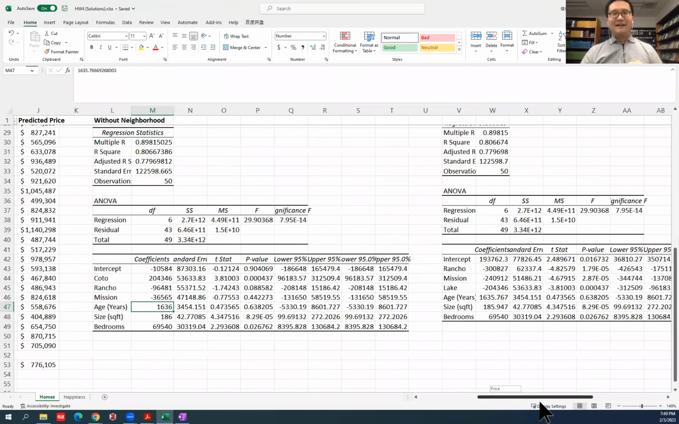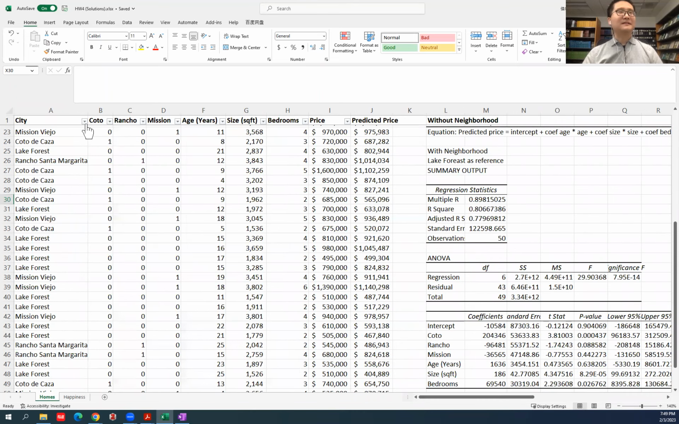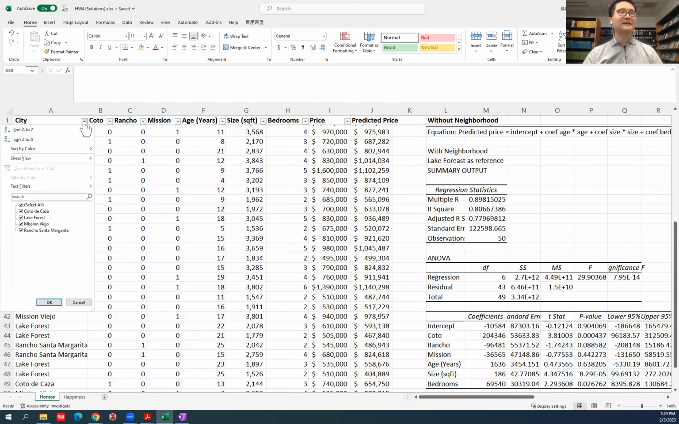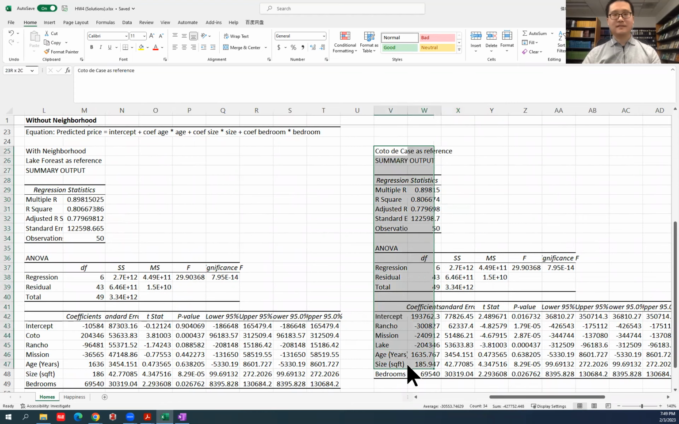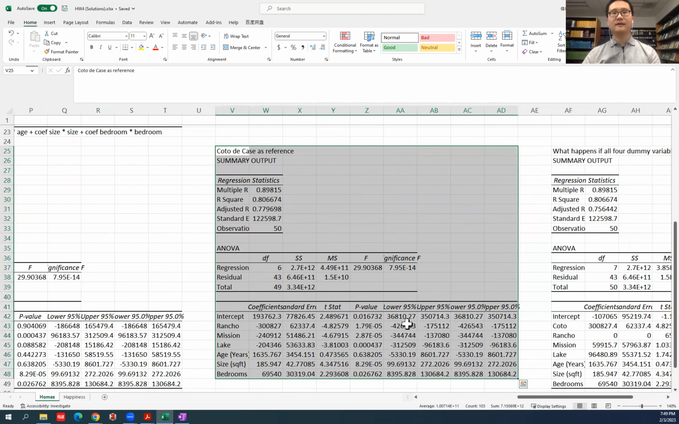All right, I should move on by showing another model. This is a different model, where I use Coda de Casa as the reference. Let's see, has any of you also done the same way? Did any of you choose Coda de Casa as the reference, because it was listed as the first city due to the alphabetical ordering? All right, let's see what the similarities or differences are between these two versions of models